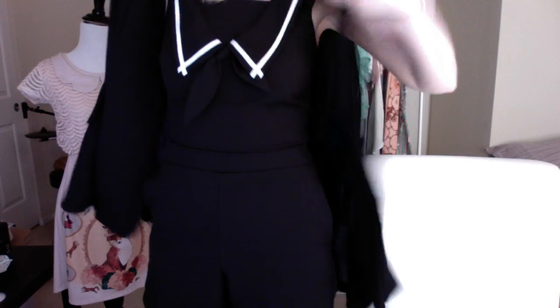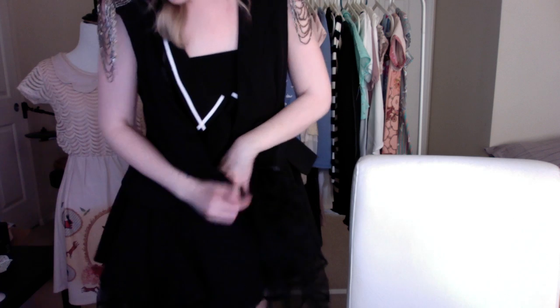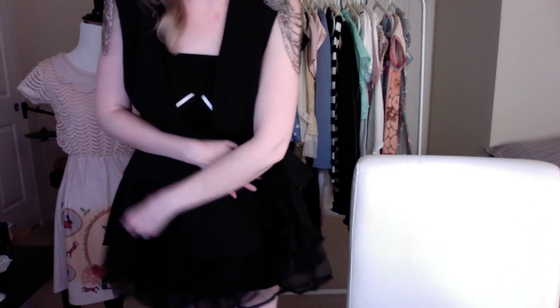Let me just show you real quick. So it slips on and over, and then you have just this really cool effect. Then you'll button it up, and the tool, I'll just give you a quick idea. The tool would just sit underneath, and you can see here